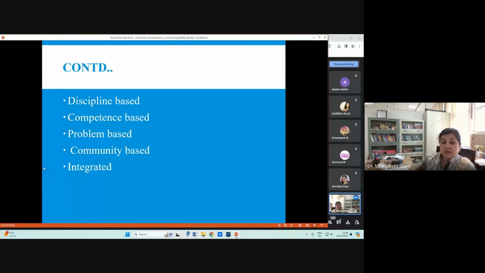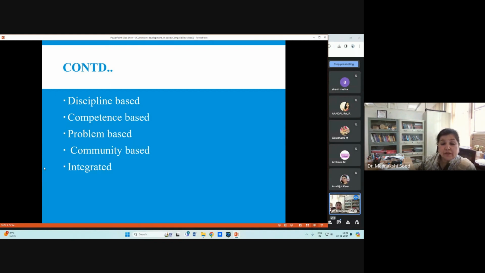The names themselves are quite self explanatory, but being teachers, we are not given any such induction that defines these types of curriculum, but we should have some knowledge about these types of curriculums. So discipline based, if your student is coming for computer engineering, or for a diploma in say electrical engineering, your curriculum should be more discipline specific, right? Competency based, if it is about skill, if a student is coming for say a diploma in fashion designing, or ITI of becoming a fitter, or a data science course with Python programming, then the flow of the curriculum should be based on the contents,